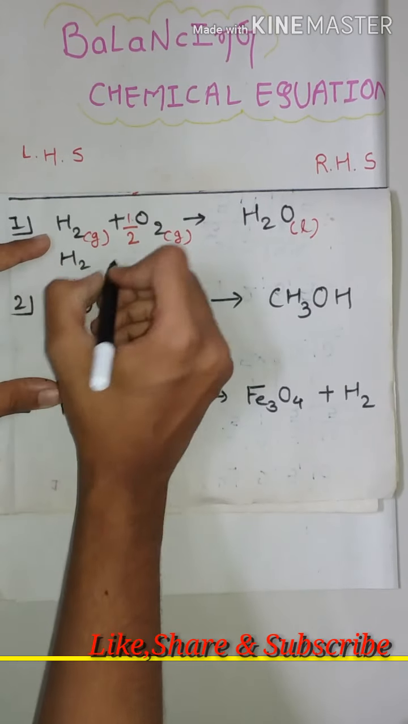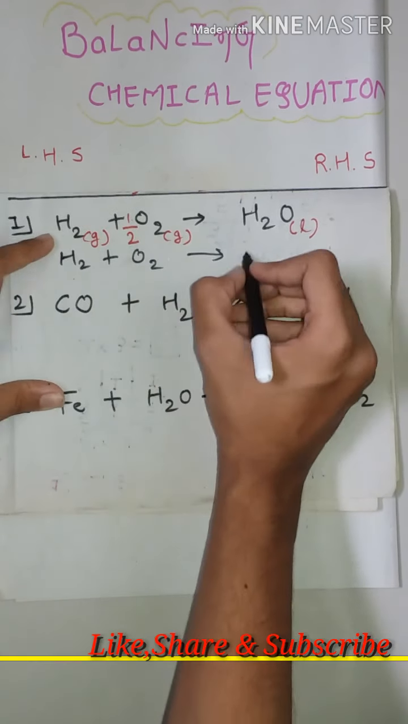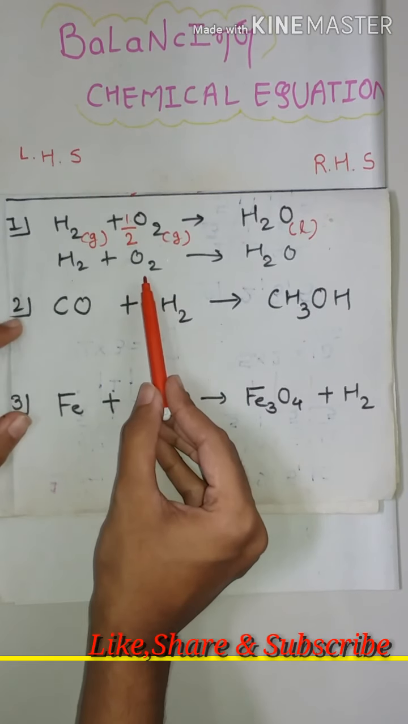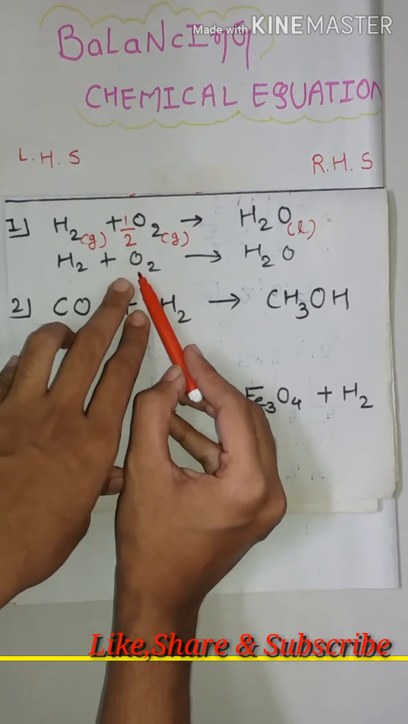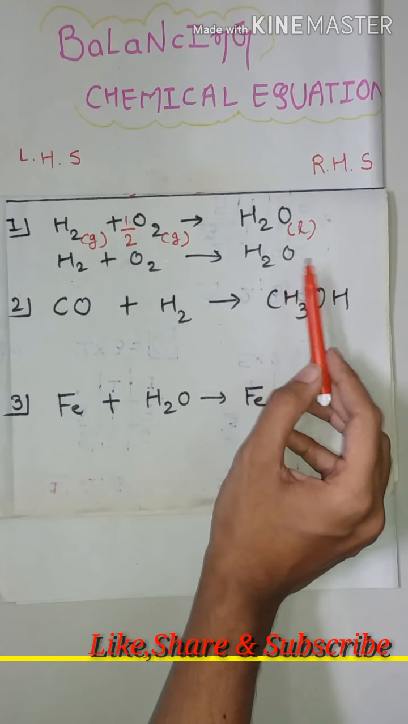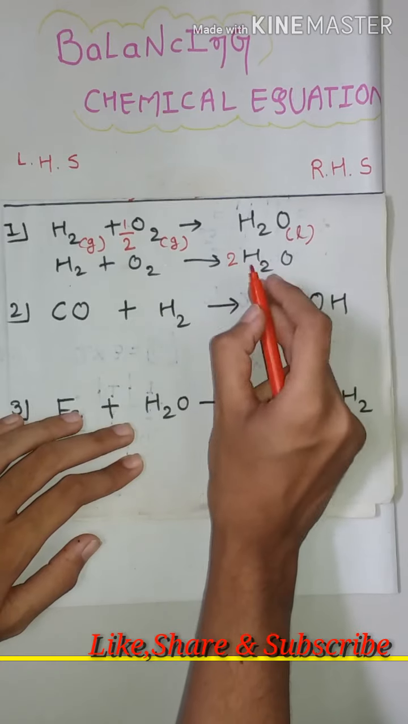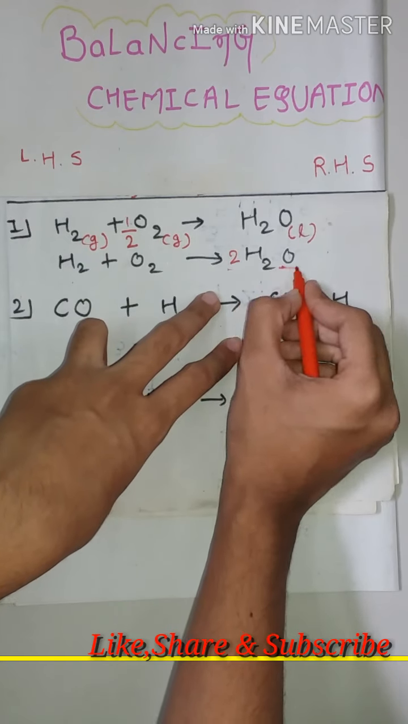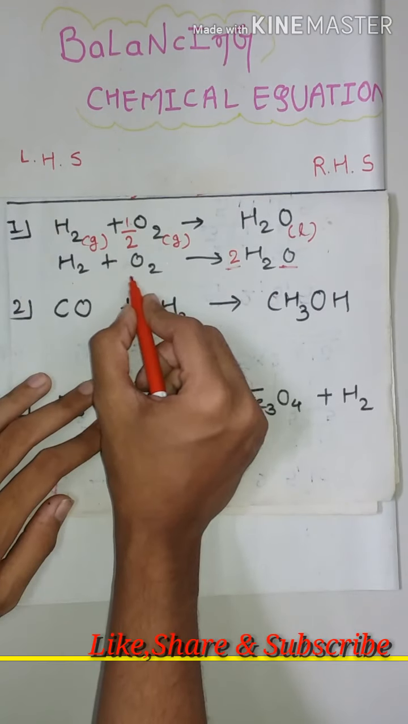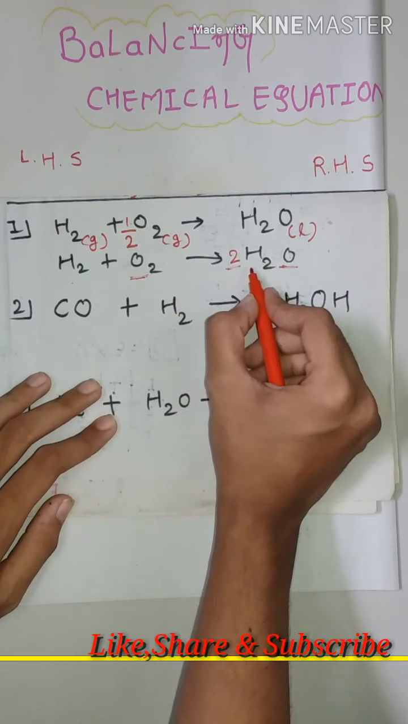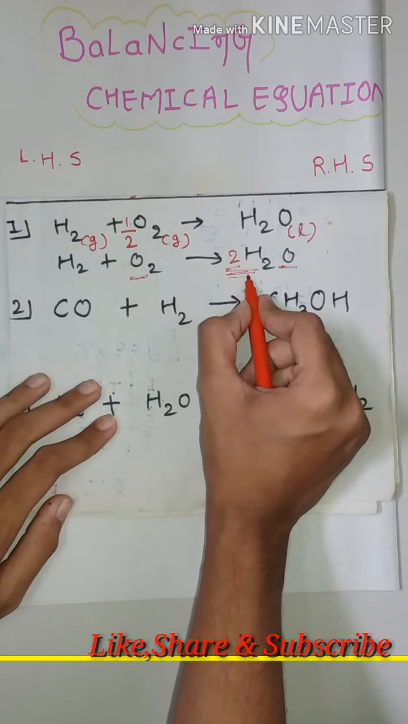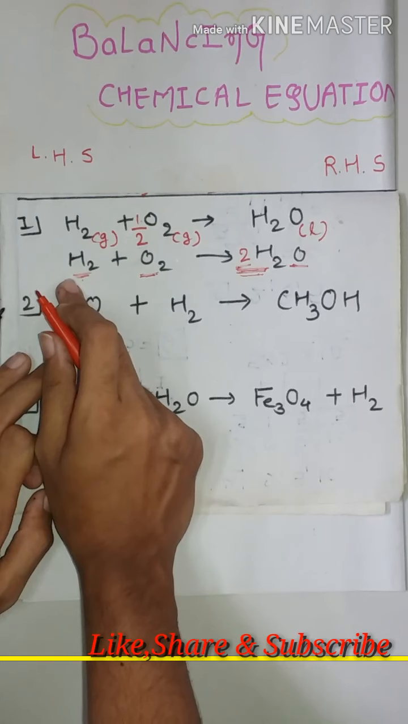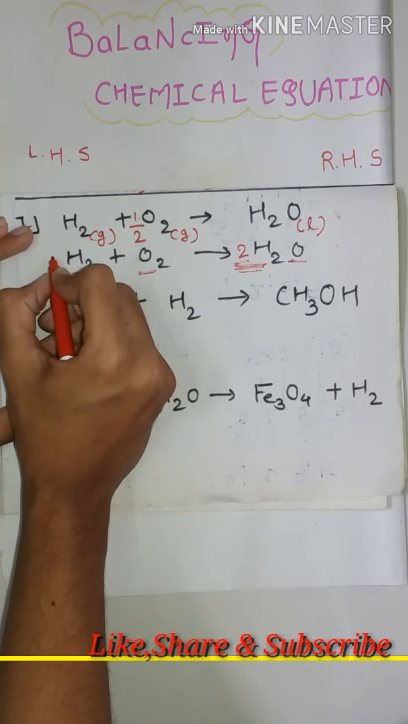By the other way, there is H2 plus O2, which gives H2O. There are 2 atoms of oxygen in the reactant and 1 atom of oxygen in the product. Now we will multiply this H2O by 2. So 2 atoms of oxygen are in the product and 2 atoms of oxygen are in the reactant, but there will be 4 atoms of hydrogen in the product, and there are only 2 atoms of hydrogen in the reactant. So we should multiply